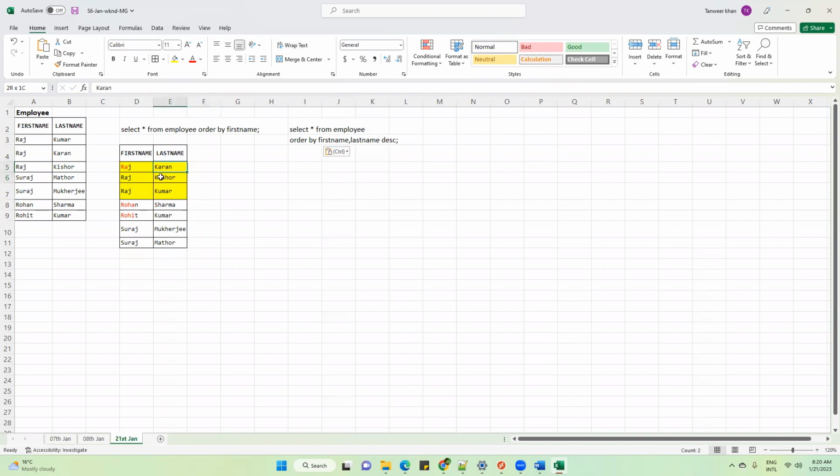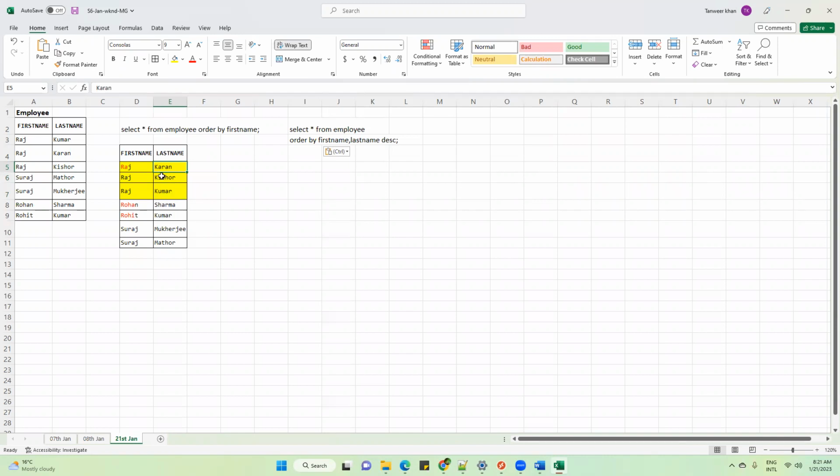So tell me, out of these three, which will be on top based on descending order? Karan, Kishore or Kumar? Kumar. Why? They all have the first character K, no? Then why are you telling Kumar will be at the top? What is the reason? They will check another character, from A to Z.